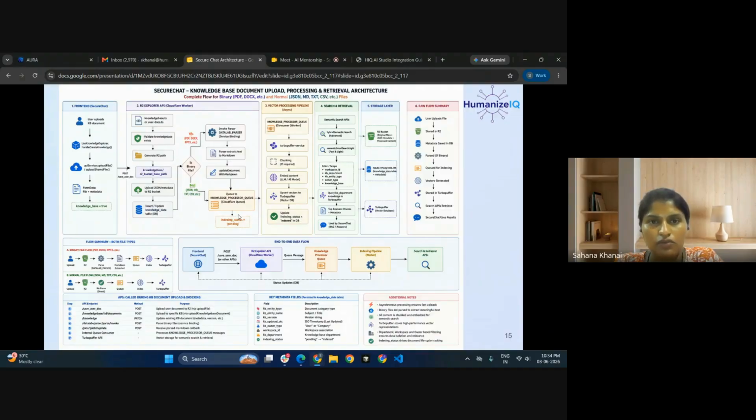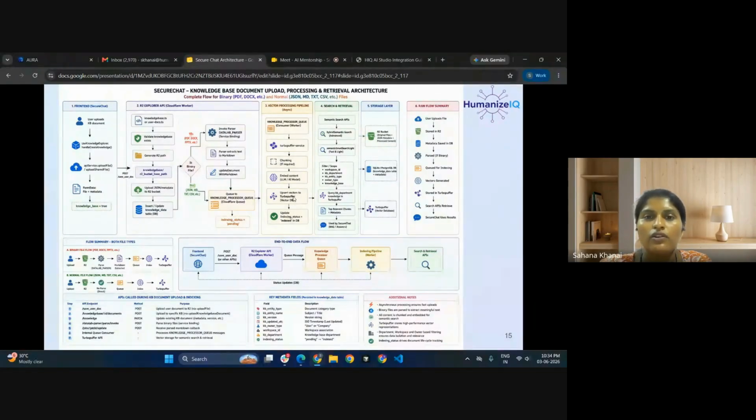When it is in the queue, the indexing status is pending. This morning it was showing processing. Once the embedding is complete and it is stored successfully in Turbopuffer's vector storage, we get the status as indexed. At that time we see it in the front end as synced. So this is all about the vector processing pipeline.